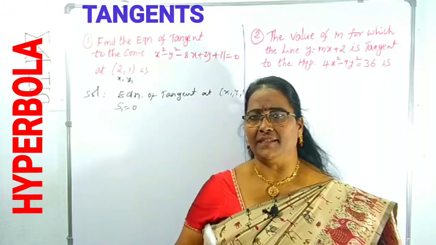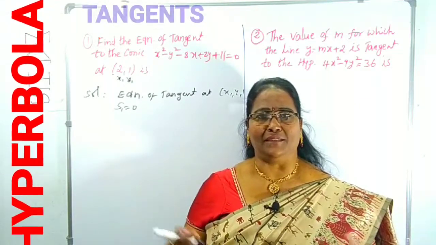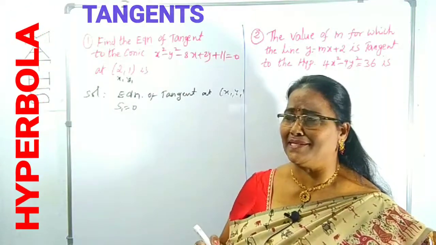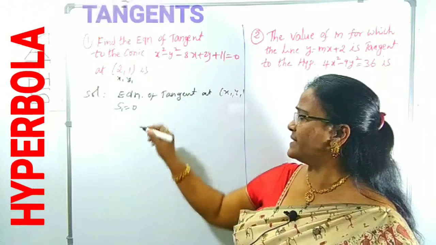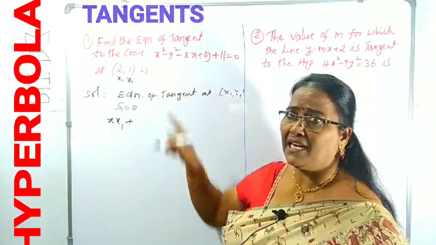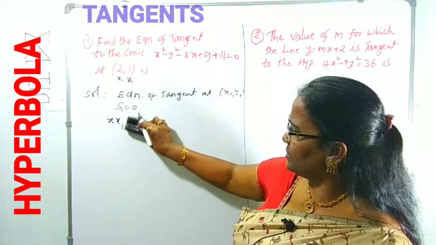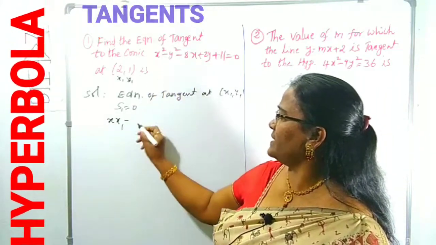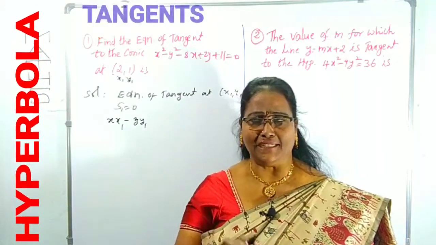You know from the previous knowledge, ellipse and hyperbola, ellipse and parabola, you can get S1. Here also you have to know what is S1. Simply, second degree terms like x square, y square: x square you can write xx1, plus second degree, under y square it is minus, because this is hyperbola. Minus y square, we can write yy1. Second degree terms you can rewrite like this.